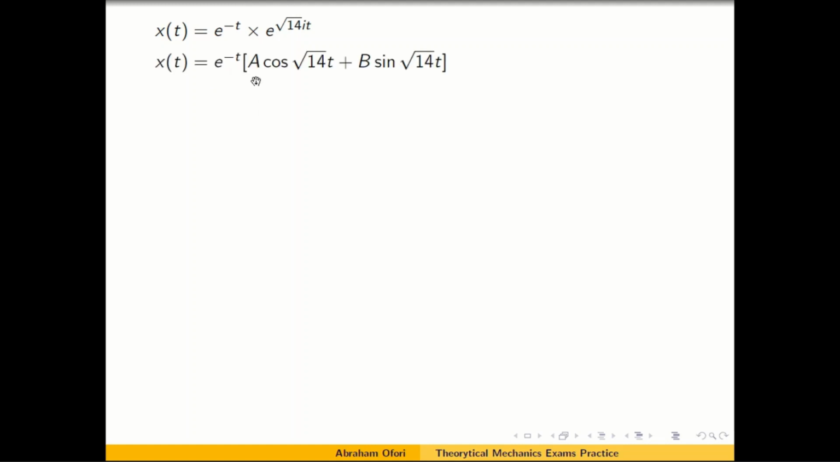Now in complex numbers I can just rewrite this as a cos square root of 14t plus b sine square root of 14t. The reason why we are bringing in the a and b is because we know indeed we can rewrite this as cos square root of 14t, then sine square root of 14t. But this a and b is telling us that the actual solution for our position, that is x of t, is actually